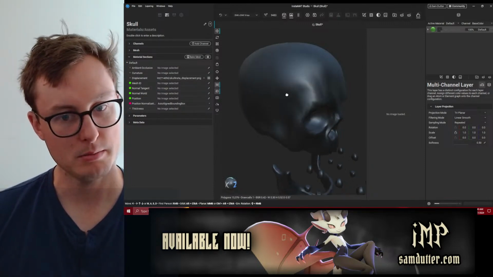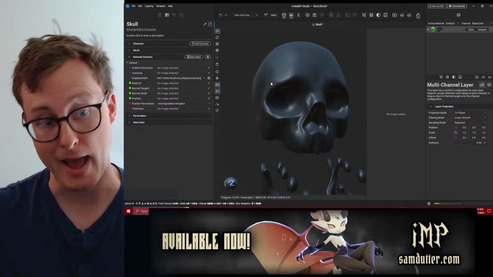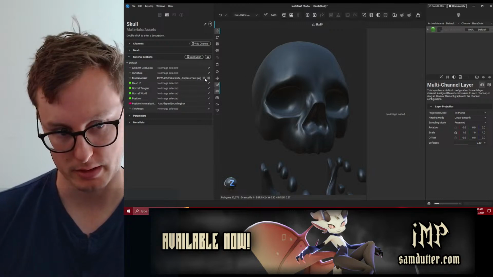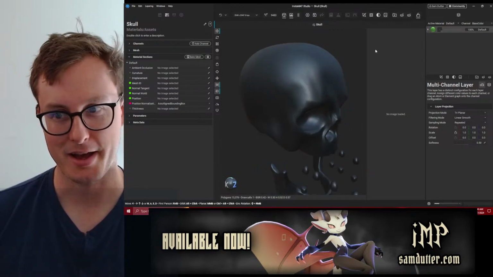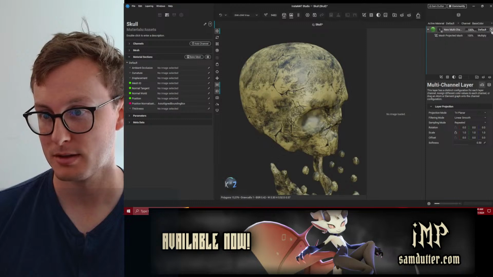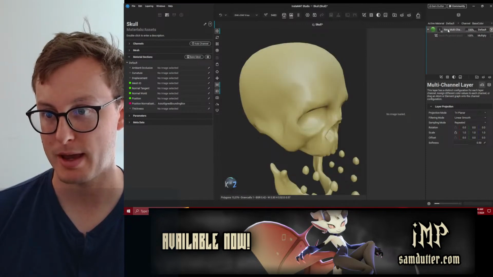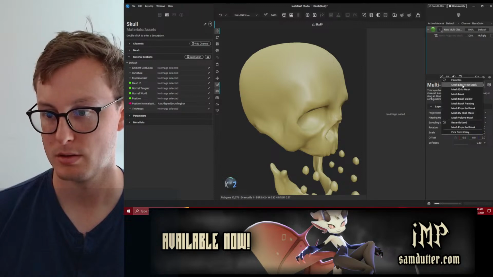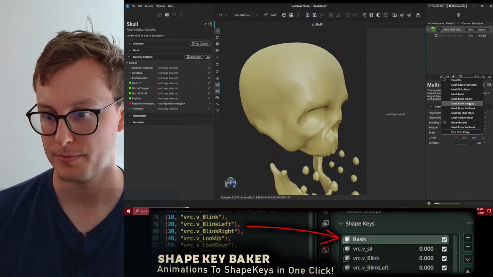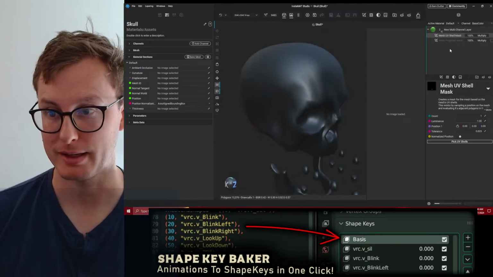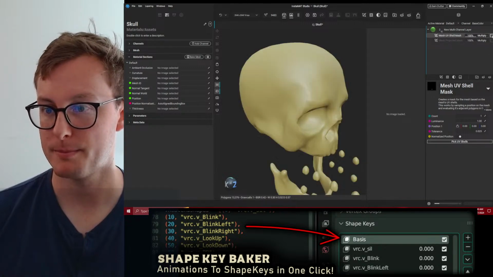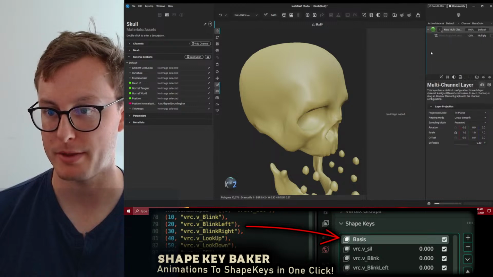So the displacement doesn't seem to do anything. I'm assuming it's actually displacing things, which is not particularly useful in this case. But we could put it into a mask, I'm assuming. So if I turn off this mask and we add a new one, UV shell, I guess. Pix UV shell, I don't know what that means. Maybe not. Maybe not that one.